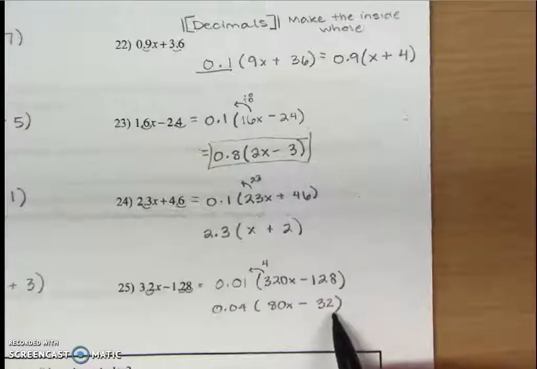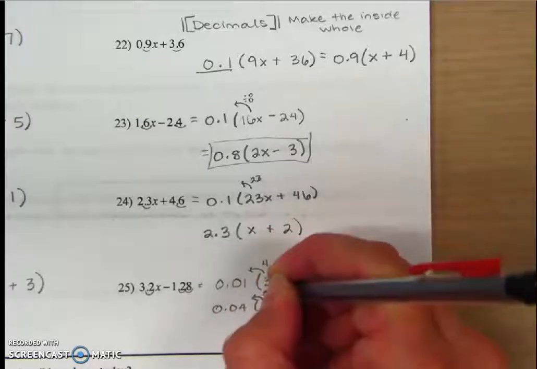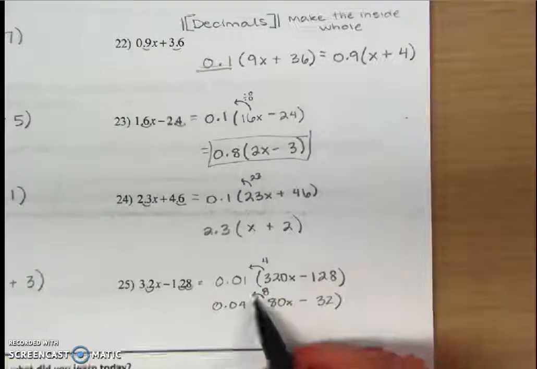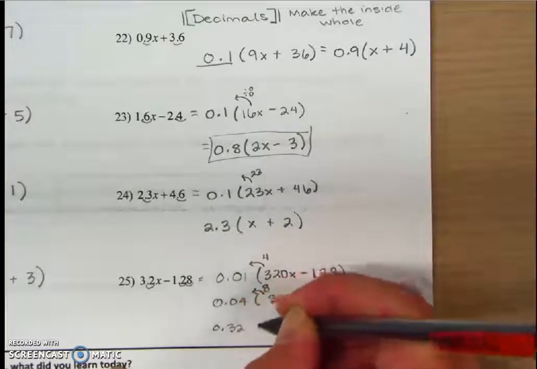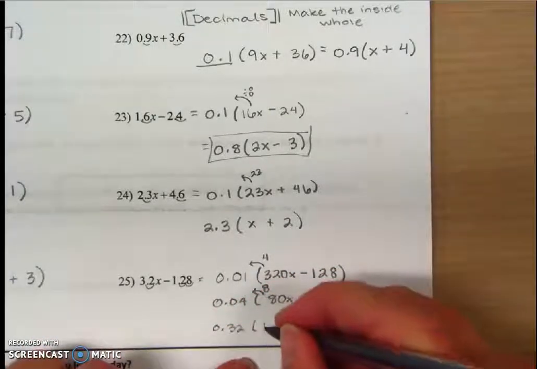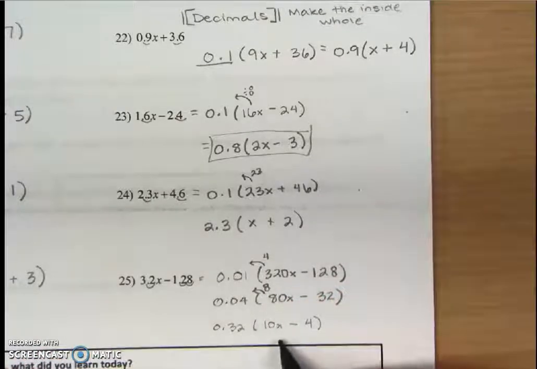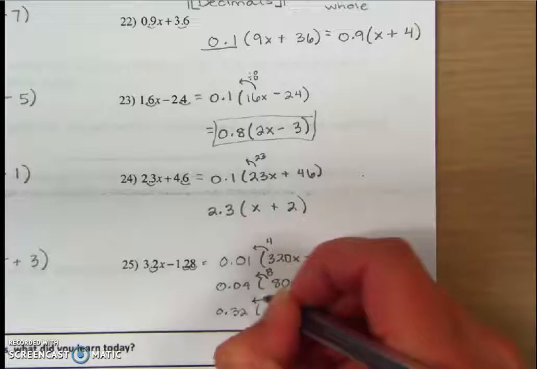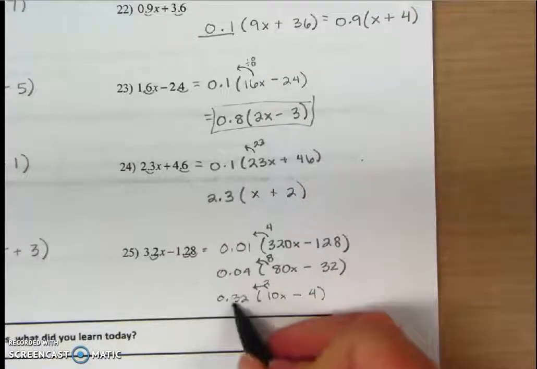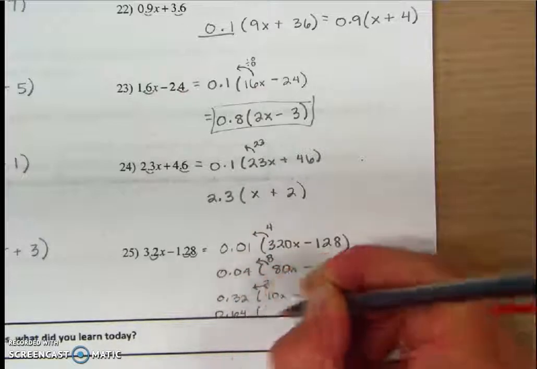Well, I see I can still take out some more. 32 I know is divisible by 8. 80 I also know is divisible by 8, so let's take out another 8. All right, so I'm going to write it there just so I remember. 8 times 0.04 means this would be 0.32. And if I take out 8, that means I'd have 10x minus 4. Oh, we're almost there. Now I see I can take out another 2. So this is how you work it if you can't quite see the greatest common factor right away. All right, 2 times 0.32 is going to be 0.64. And if I divide out